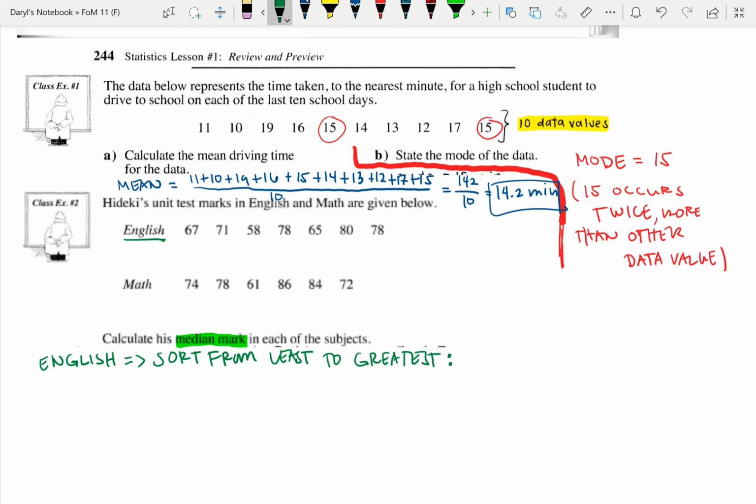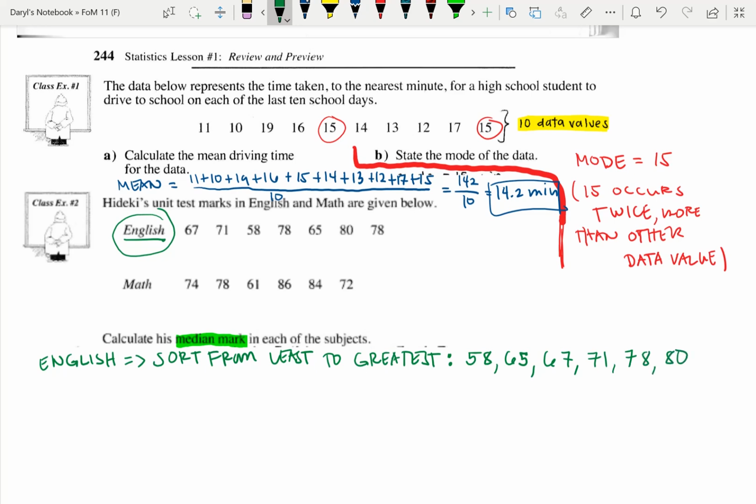So now I'm gonna start with the smallest, then up to the largest. So if I'm gonna do that for English, the smallest is 58. So I'm gonna do 58. The next would be 65, 67, 71, 78,